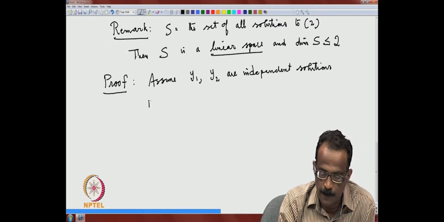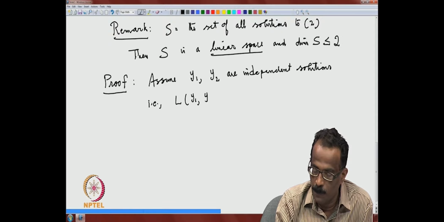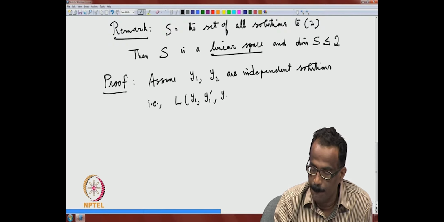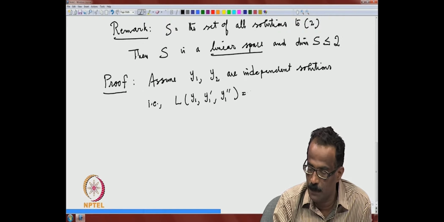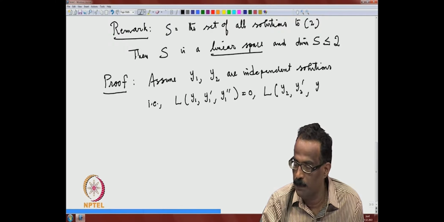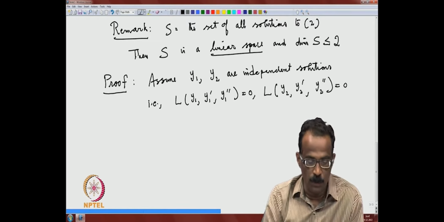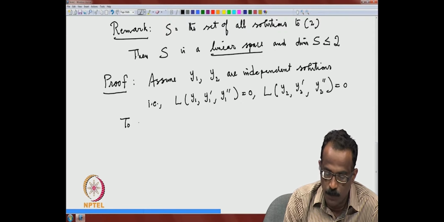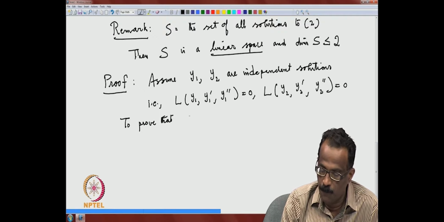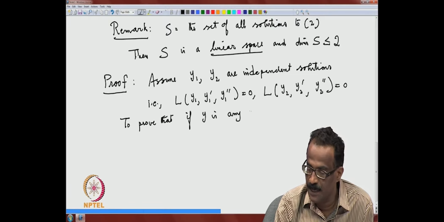That is, I am repeating again, L of y1, y1 prime, y1 double prime is equal to 0, and L of y2, y2 prime, y2 double prime is equal to 0. So, we have that given. What do we have to prove? You have to prove that if y is any solution